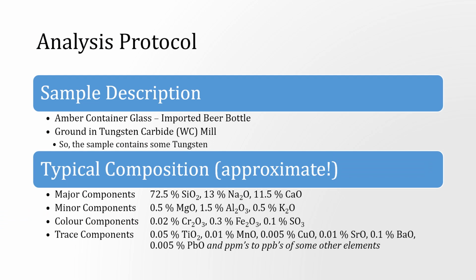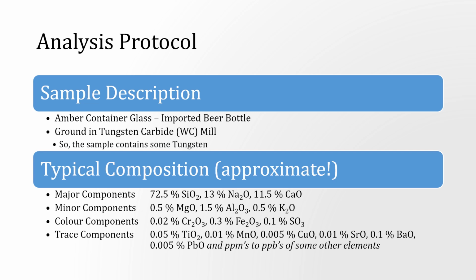So if we start off with the sample, it was an amber glass, a container glass. It was an imported beer bottle. This sample was ground in a tungsten carbide mill, so the sample will contain some tungsten. The typical composition of an amber container glass is